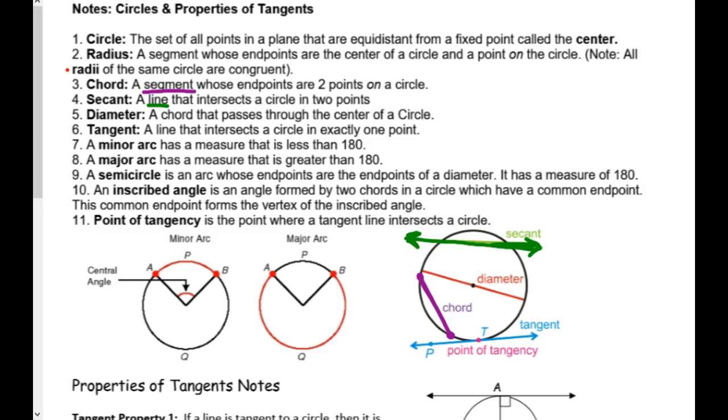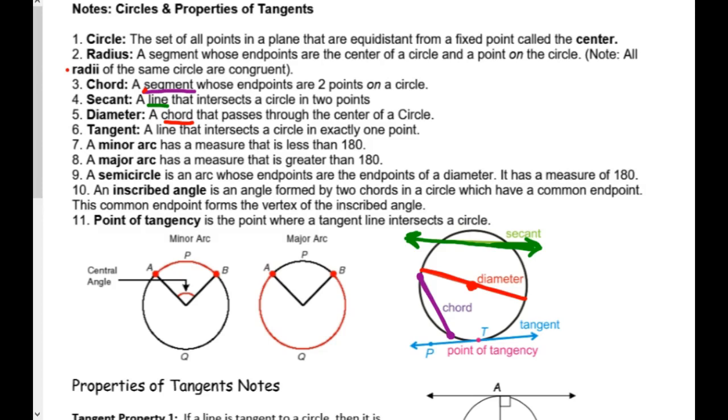All right, so number 5, diameter. Hopefully we know what a diameter is. Old news. Okay, but a diameter is a chord. A chord, what's a chord? A segment, right? So it's a segment that passes through the center. So here's my center, and here's my diameter. Basically, from one edge of the circle to the other, but it has to go through the center, okay? I want everyone to see with your eyes. The chord does not have to go through the center, but a diameter does have to go through the center,